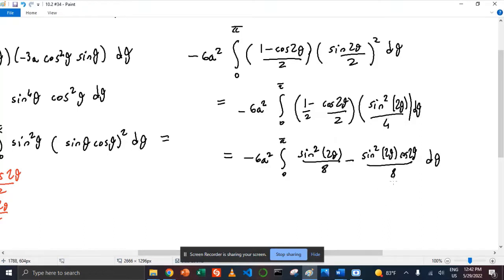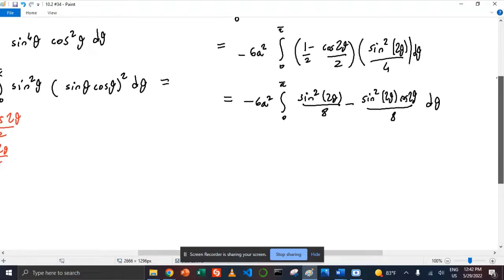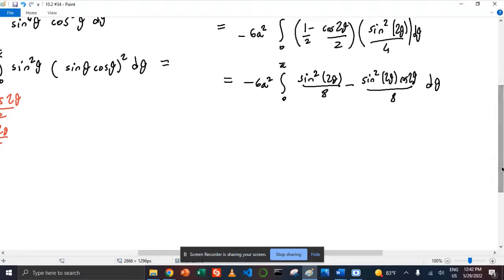So we can split this single integral into two separate integrals, and we can solve them independently and come up with an answer. So minus 6a squared, we can divide this into the integral minus 6a squared over 8 sine squared 2 theta d theta